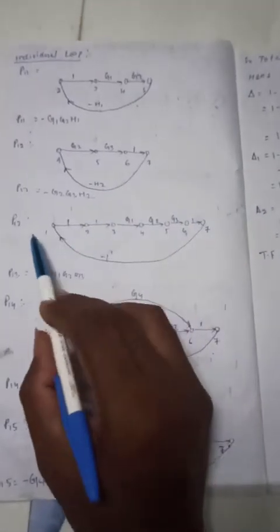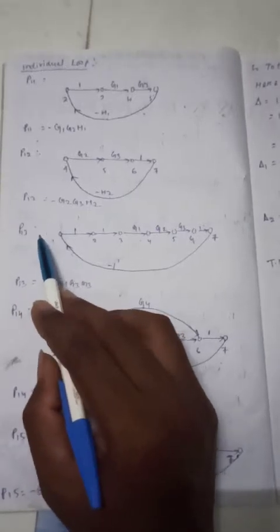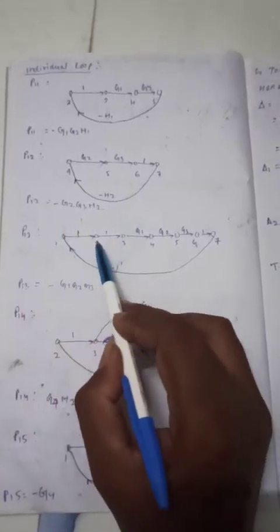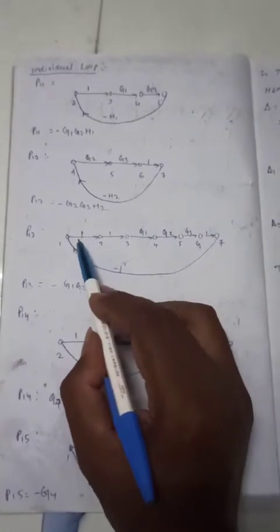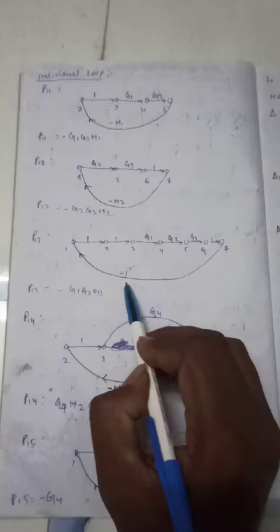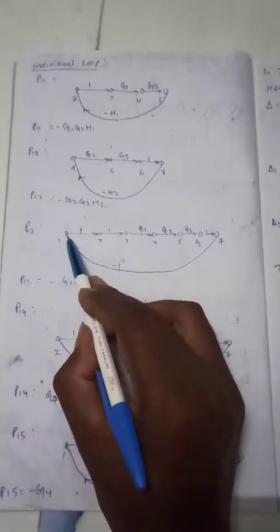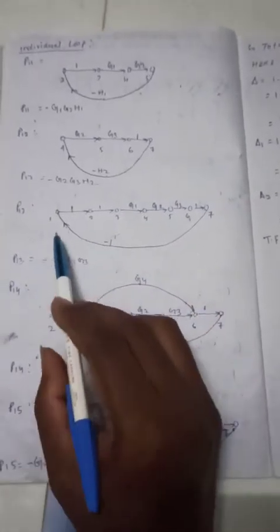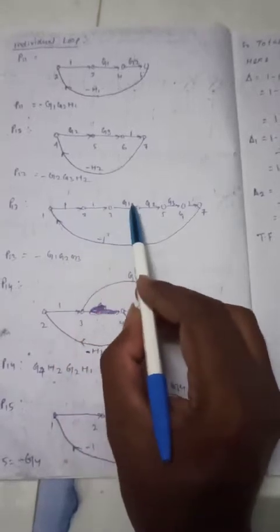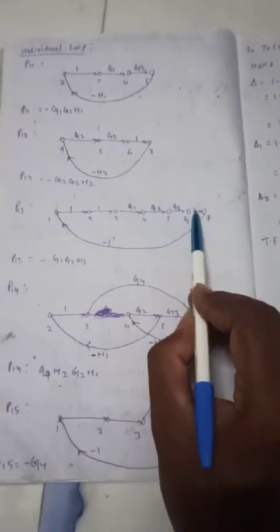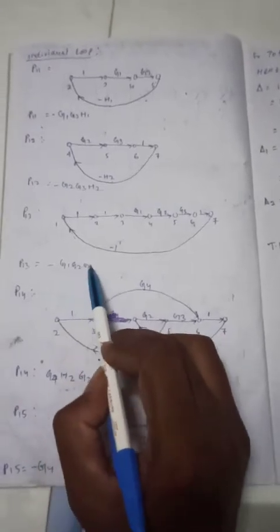Then taking the individual loop, loop number 3, that is P13. It starts from 1 and the signal is coming from 1 to 7 and returns with the gain of -1, ending with node number 1. So it is also one loop gain. The product of all the individual path gains, that means 1 into 1 into G1, G2 into G3 into 1 into -1. So the overall answer is minus G1, G2, G3.